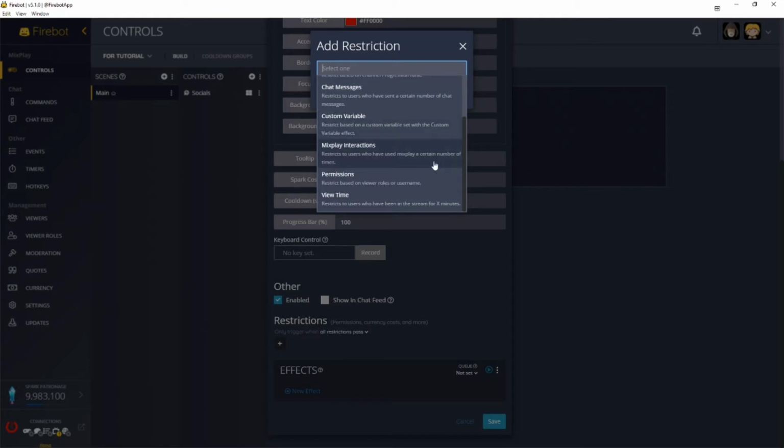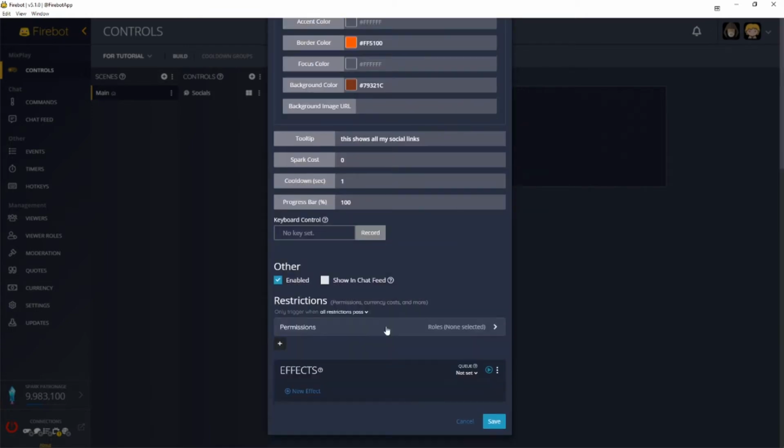Mixplay, if they've used the board so many times previously, so if they've clicked something 10 times previously, then they're allowed to use it. Permissions, that just gives you the user role, which we'll be using. And then view time, so you can set it so if they've watched you for 100 hours, they can now click that. So we'll go to permissions, we'll add permissions, and then click on the arrow next to the roles